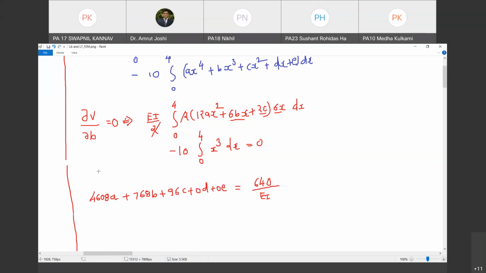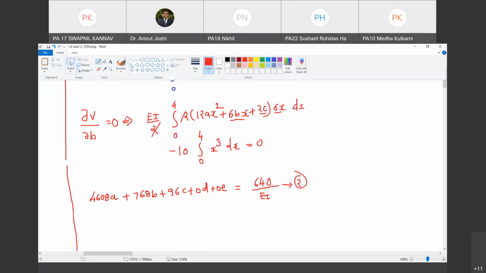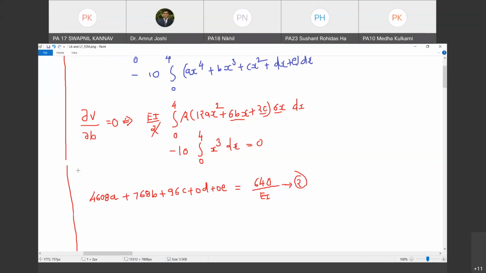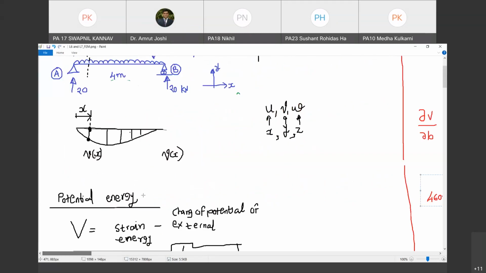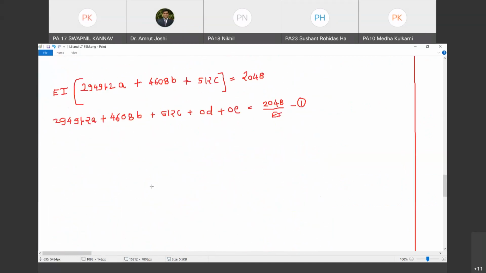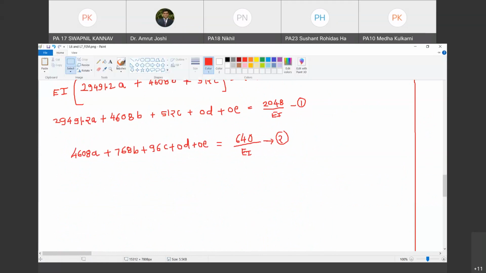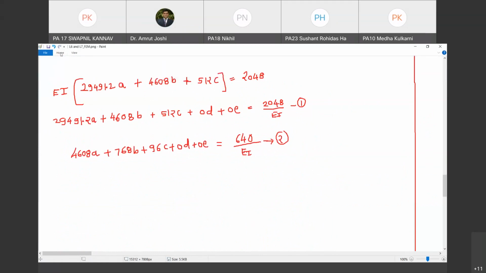So let us borrow this second equation that we have got and put it below the first equation. Let me take it and put it at the appropriate location, so that finally we will have 5 equations in A, B, C, D, E, one below the other. So this is the second equation. Are you with me? Please type your response in chat box. Are you able to understand what is going on? Yes.